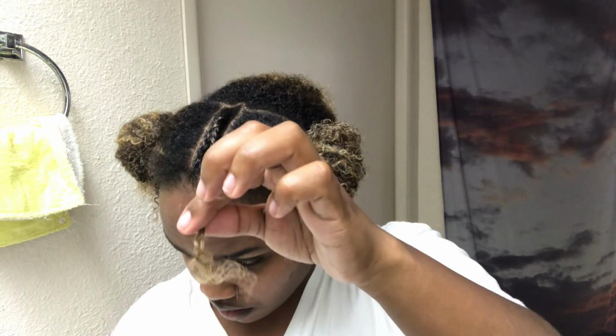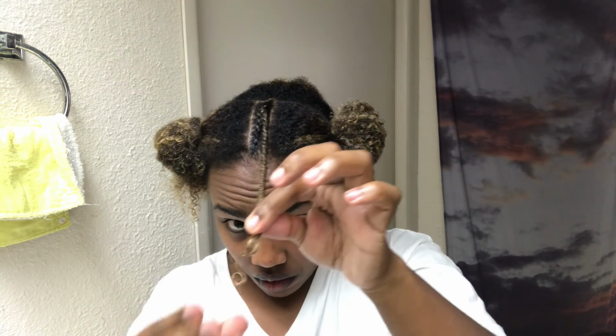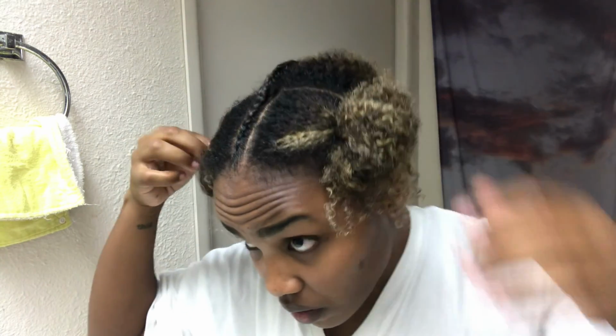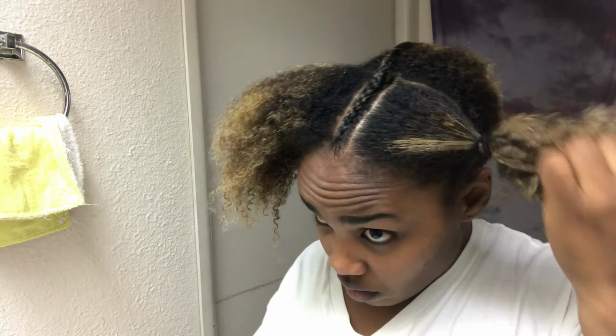To get the ends of my hair to do the little curl thing, I either added more Shea Moisture at the bottom, or I added some water because it was thoroughly moisturized, as you can see there, but I think I just added water. It was easier. So then I saw this girl who had a crisscross braid in the front,